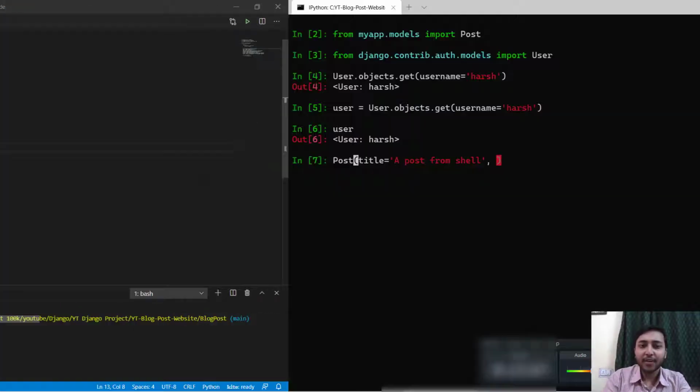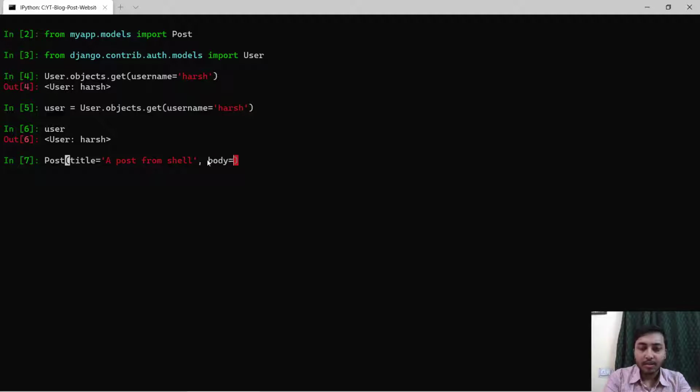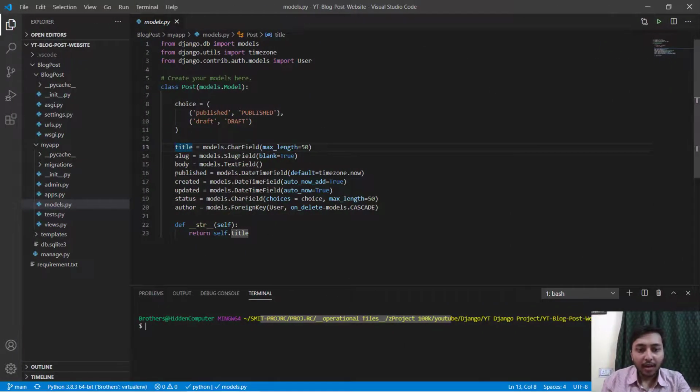Then specify body, just minimize that, and right here you will say body is equal to post body from shell. Now created and updated will be automatic.